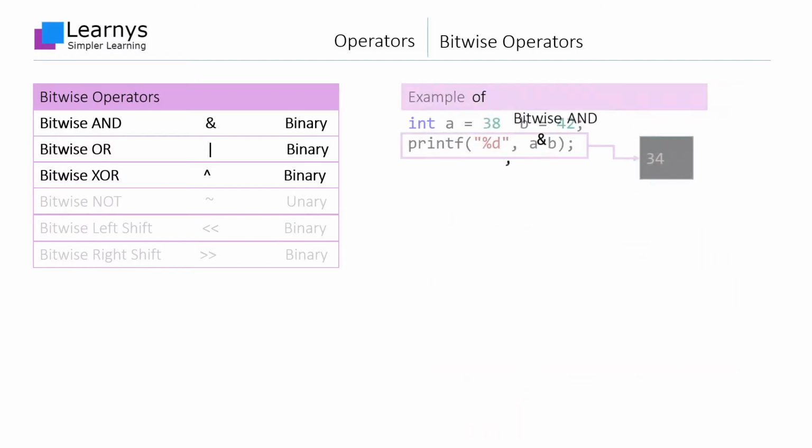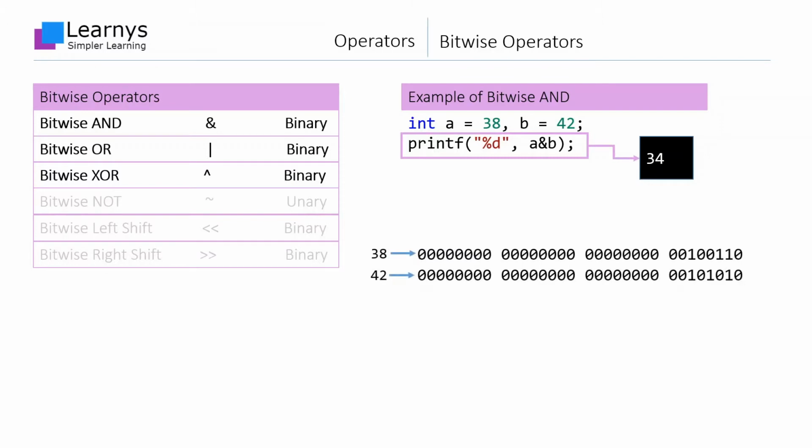This code sample applies the bitwise AND operator over 38 and 42 and prints the result. If you run this code sample, you will observe 34 getting printed on the terminal. In order to understand the reason for this output, we need to analyze the bitwise AND operation at the bit level. The binary representations of 38 and 42 are, respectively,